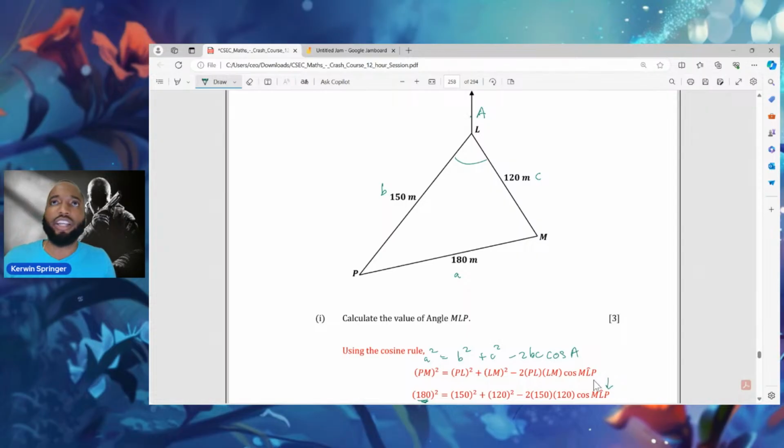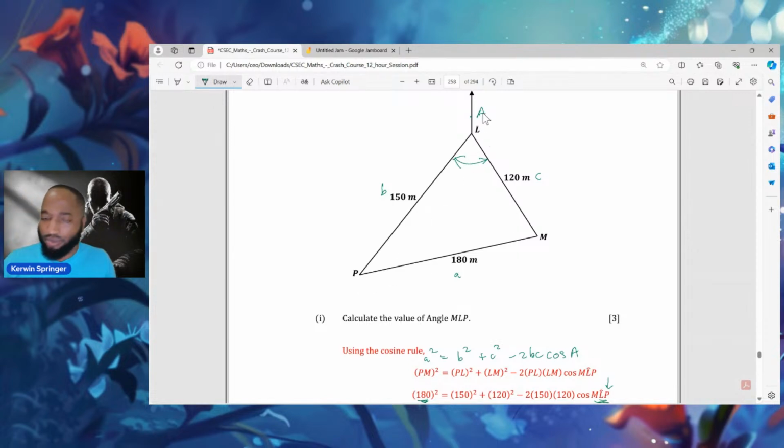It's over here. Yeah, Chavi, what's up? Yeah, go ahead, Zion. Yeah, so what MLP is, what we're trying to find. MLP, but I call it capital A. No, that was my son. That's my son. So